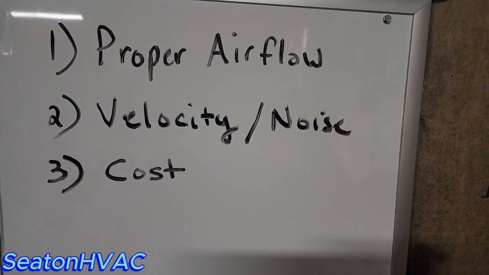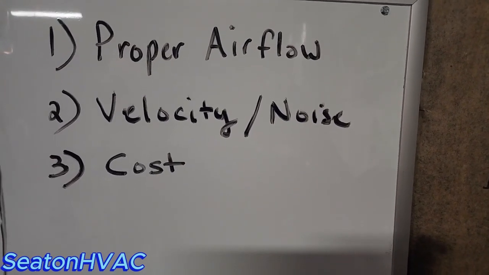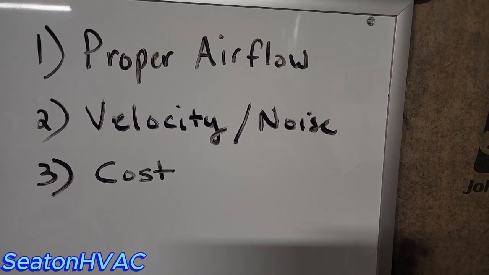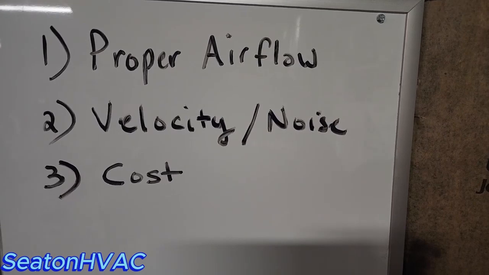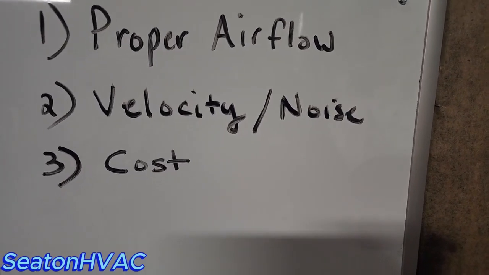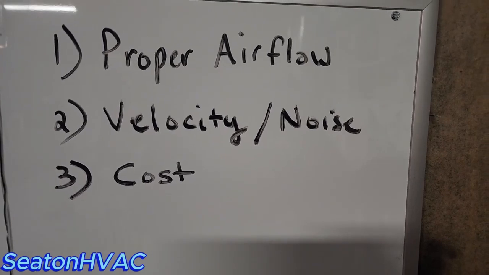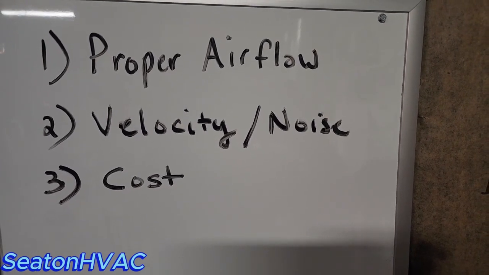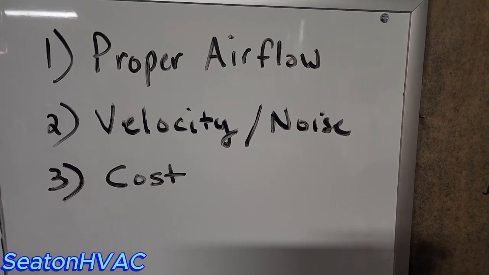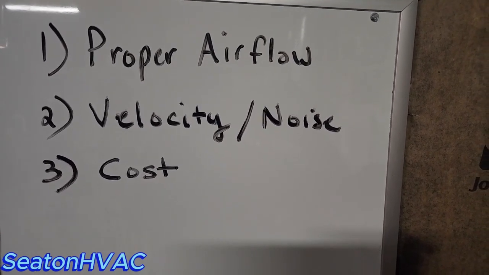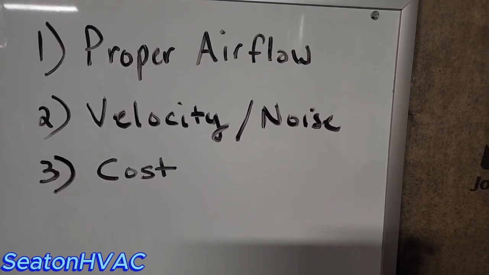Point number two, velocity slash noise. Now what does that mean? So not only do we need the proper airflow, we need that air to be at the proper velocity. If you do not maintain the proper velocity in a space, whether it be a commercial space or a residential space, you will have noise and you will have complaints from the customer. So I'll show you how to make sure that that's not an issue and to fall within the proper parameters on velocity